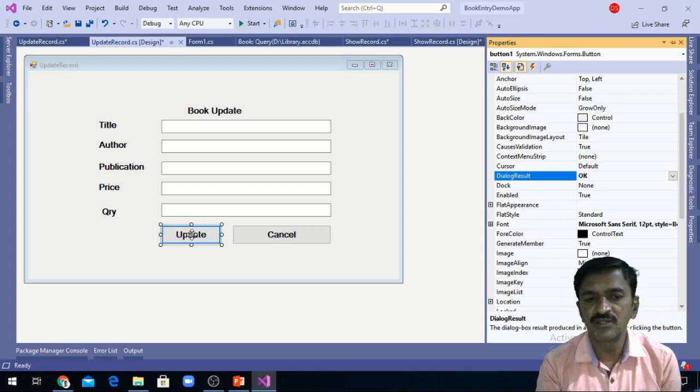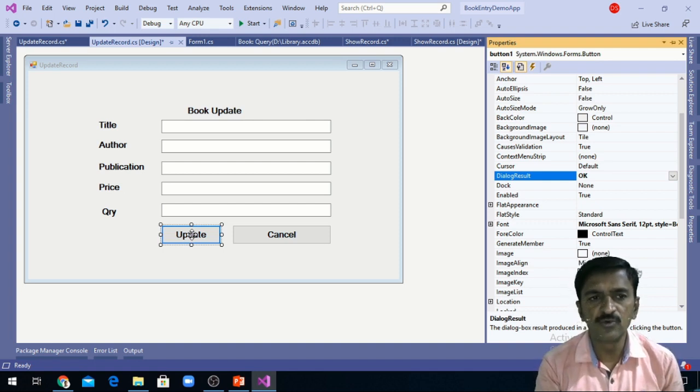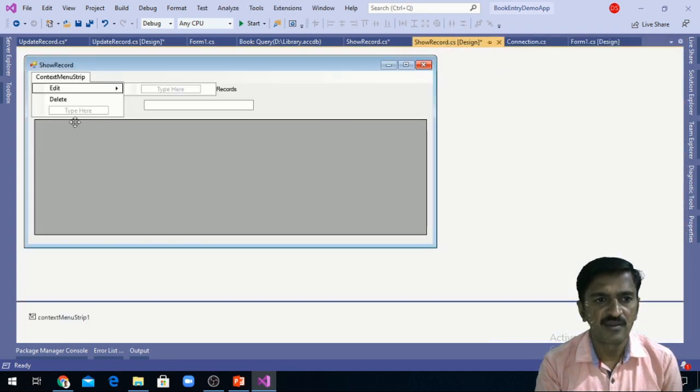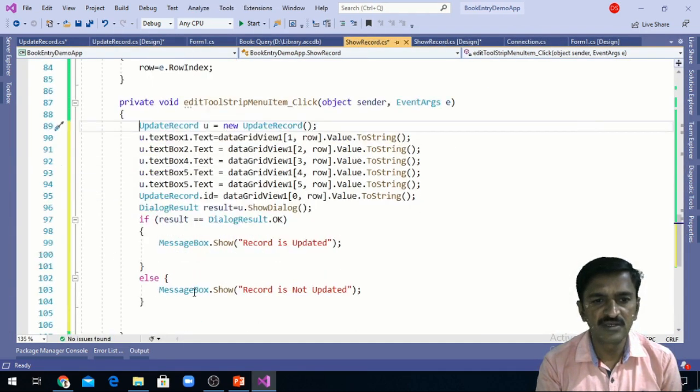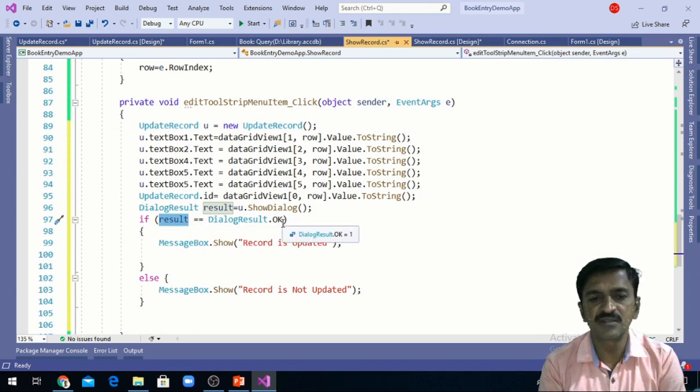When we click on the update button, this button will return OK value to the show record form here. So we can get the OK value here, and we are checking for the OK value. If the OK button is clicked, means the update button is clicked, we are going to display the message record is updated.